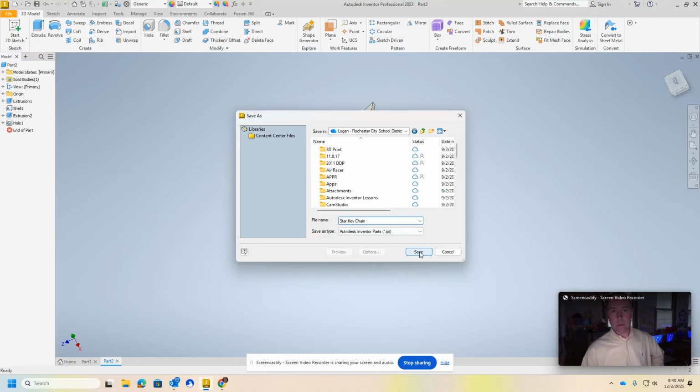Okay, and I would actually put that in Autodesk Inventor lessons. You can have multiple folders. Okay, you can see I have a ton of files, but I'm going to save it there,